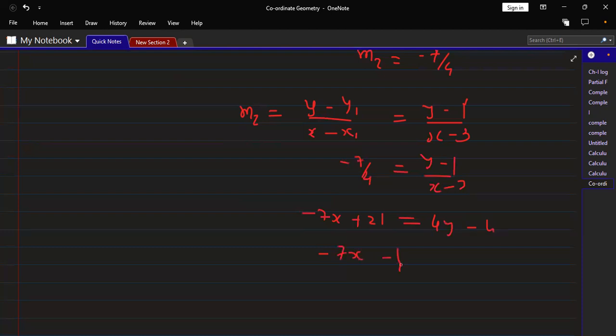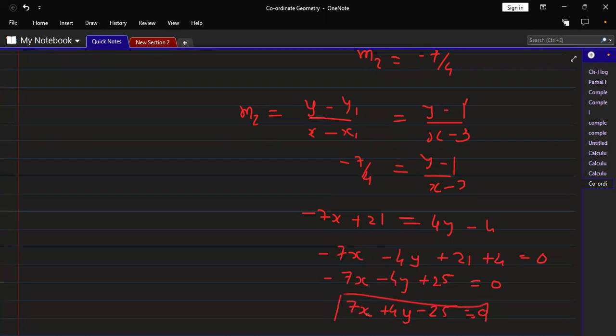So 7x plus 4y, taking minus common, minus 25 equals to 0. So 7x plus 4y minus 25 equals to 0. So here we saw that if line L1 is parallel to line L2, and line L2 is passing through that point,